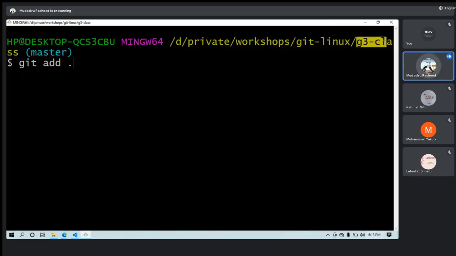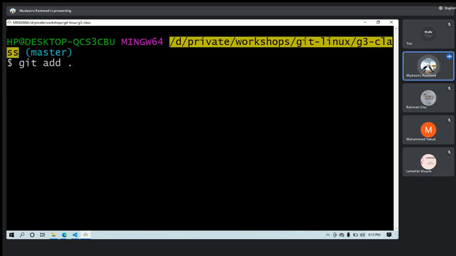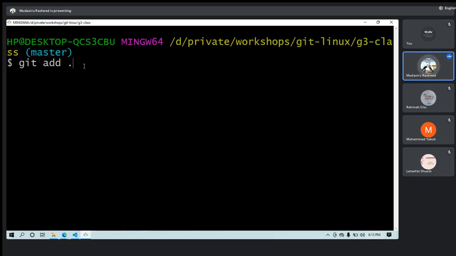Remember, we initialized our git inside the git3 class, not inside the git linux class. It may be a bit confusing, but the best way to think about it is that the folder where you initialize git is your root folder.